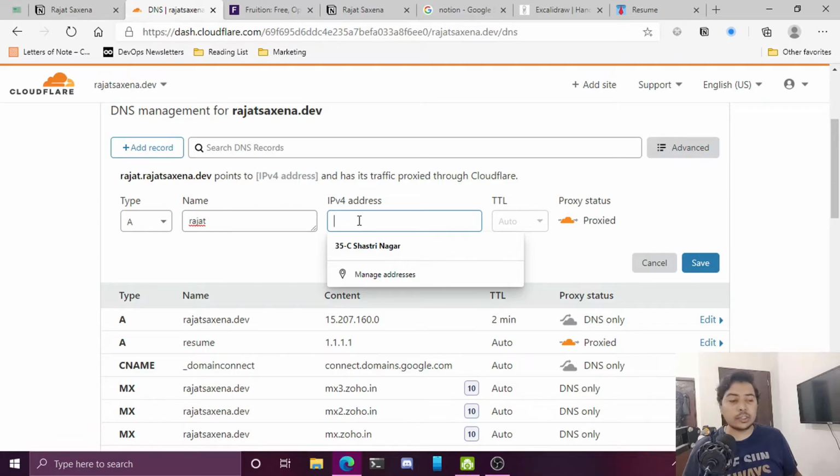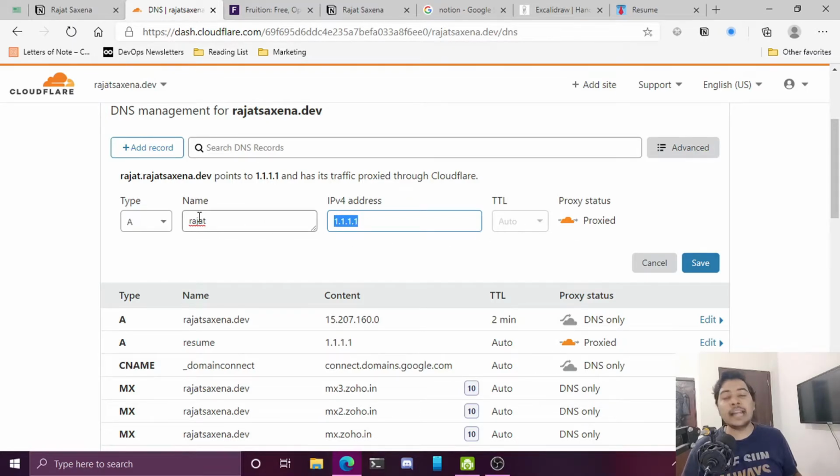Now in this IP address you can put anything. I can just type in this 1.1.1.1 and it is not going to be resolved to the actual IP as we have this proxied thing on. What this means is that this particular IP is not going to be resolved and your request will be intercepted by the Cloudflare servers. And once the interception happens, we are going to trigger the Cloudflare worker. So the request will never reach this IP address. It will be intercepted and it will be served by a Cloudflare worker.